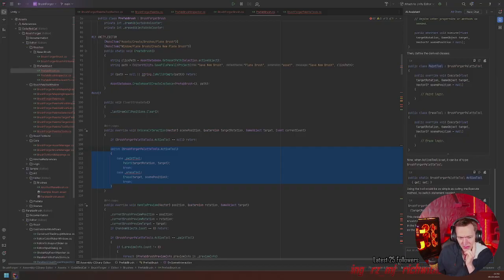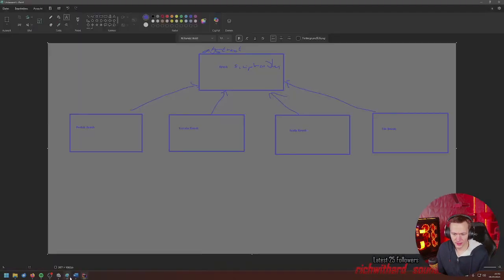Yeah, that's what I'm trying to avoid. No, no, no, no, no. That breaks multiple things. Now you might say, okay, just have every brush define a paint function, and if the paint tool is active, call the paint function.